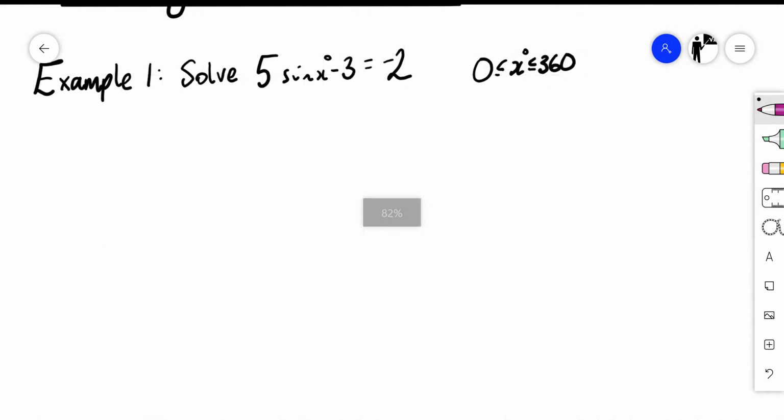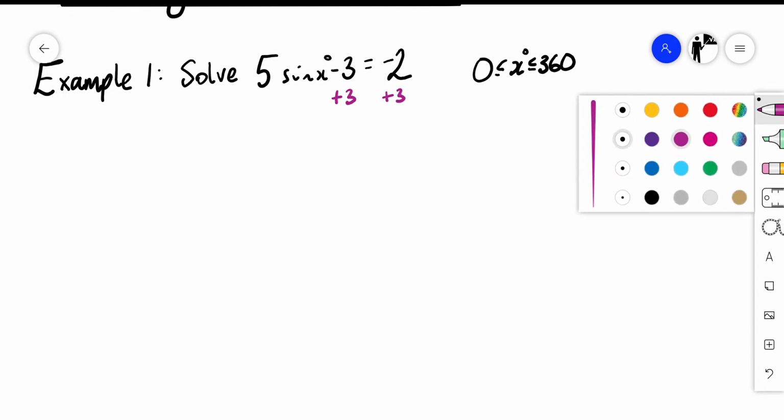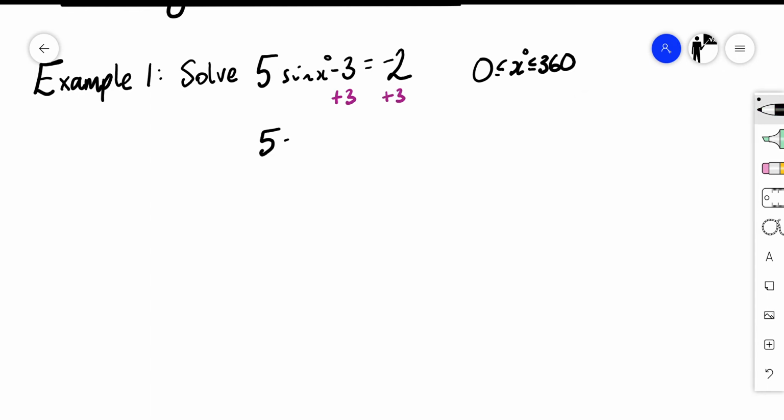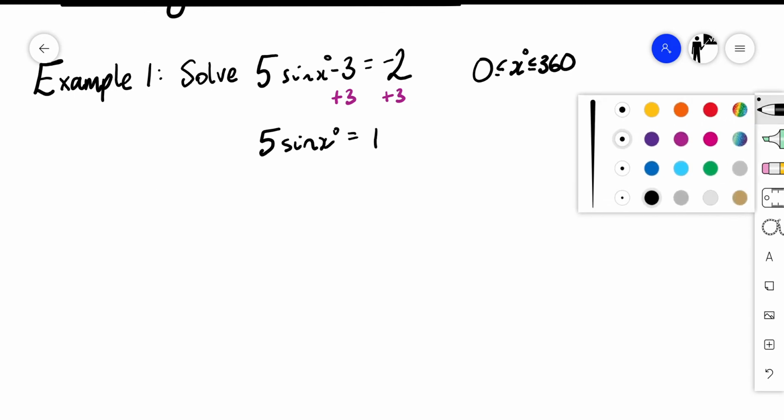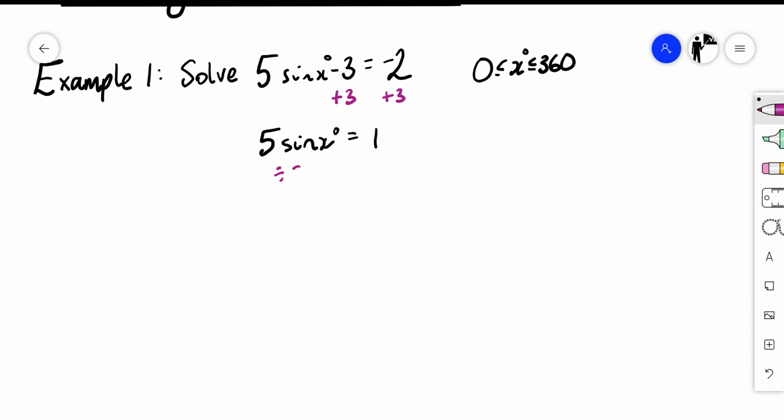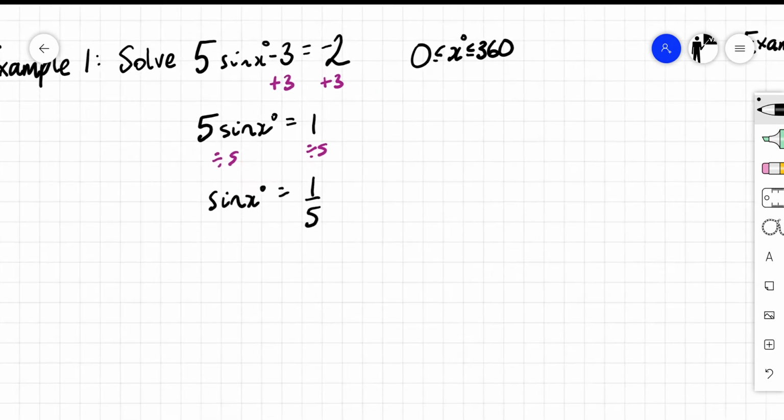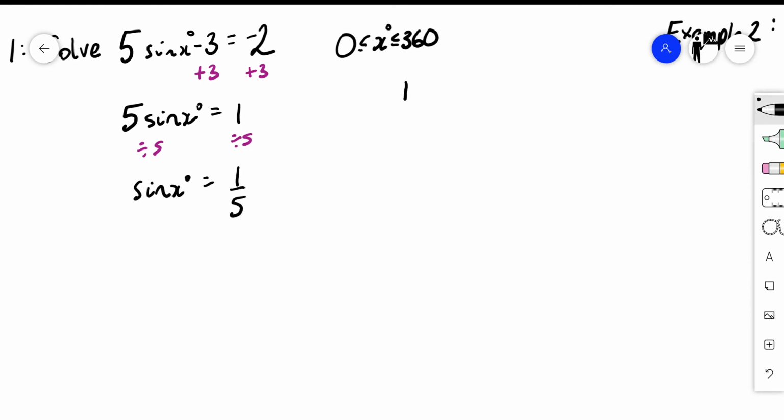So we're going to add 3 to both sides. That's going to give us 5 sin x degrees is equal to 1. And then we're going to divide through by 5. Doing that will make sin x the subject. Sin x is equal to a fifth. Okay, so we've just made sin x the subject of the formula. We're now going to go ahead, and this is just like where we were in our previous lessons. We're now going to proceed